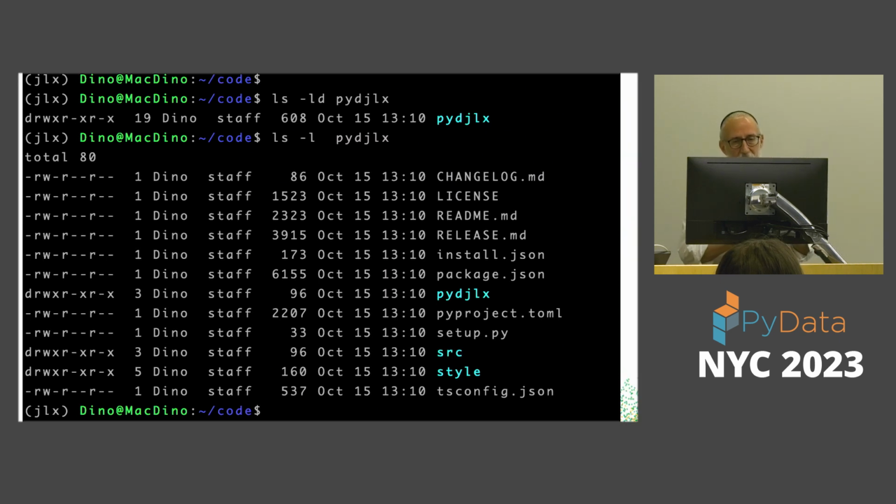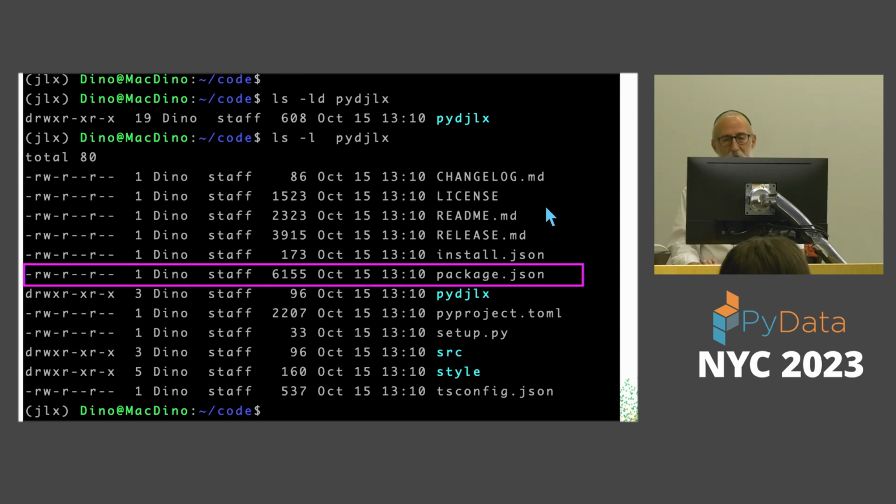Let's take a look at the files it created. So you can see here, it created this directory, PYDJLX. If I cd into that directory or ls what's in that directory, you can see all the standard things that you would normally see that comes with a package. You have your change log, your license, your readme file. I want to focus on a couple of files in here to show what they do. So the first one here is this